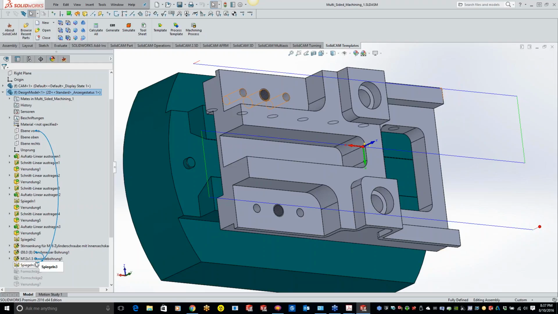I think he may be referring to if the link is broken between the CAM part and the solid model. You just said yes, so it could be a file format or a file placement issue, Kevin, maybe? No.